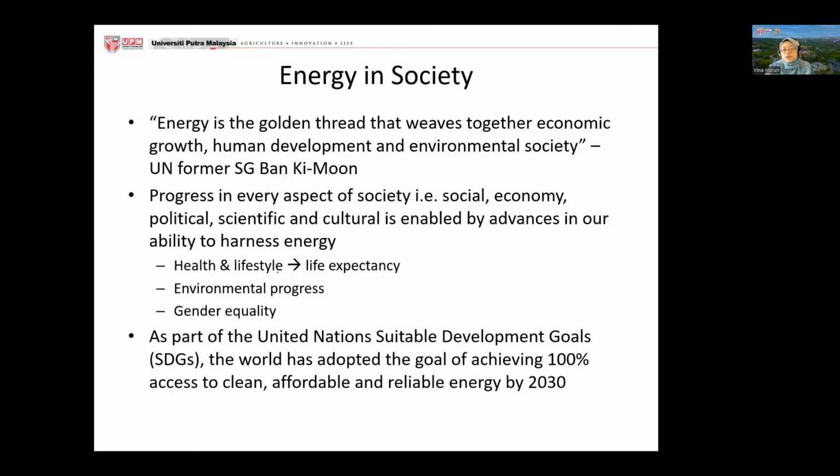Okay. So here I've mentioned things like health and lifestyle, life expectancy. And now if you see, people live longer because we have access to a better lifestyle, we have access to more and more health equipment. Now you are able to prolong life. And then environmental progress, in terms of us being able to utilize what is around us to help our development. Now we start to go into very smart agriculture, for example, because if you think about it, things like IR 4.0,